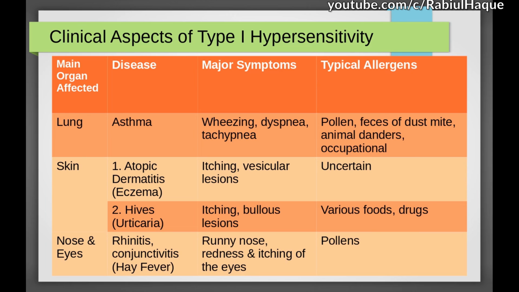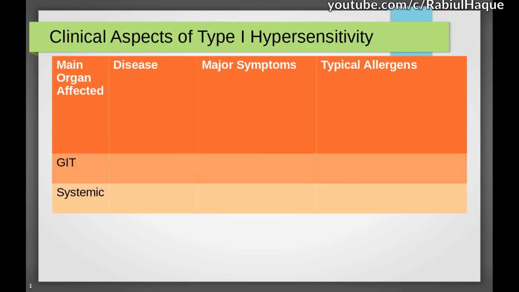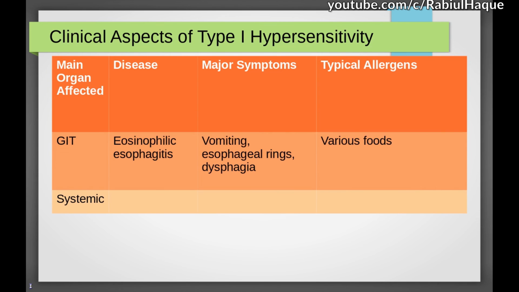Now, in the nose and eyes, type 1 hypersensitivity can result in rhinitis and conjunctivitis, which are also known as hay fever. So there will be runny nose, redness, and itching of the eyes, and the typical allergen is pollen. In the gastrointestinal tract, type 1 hypersensitivity may lead to eosinophilic esophagitis in the esophagus. So there will be vomiting, esophageal ring, and dysphagia, that is difficulty in swallowing,